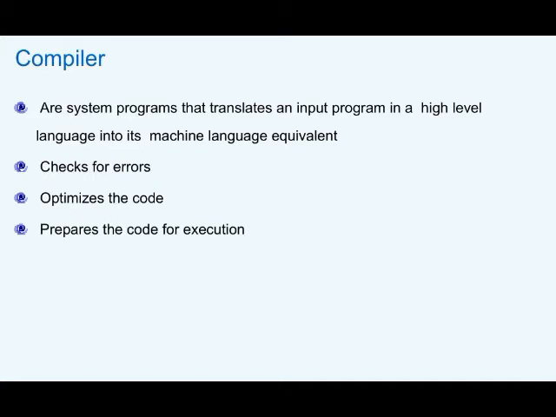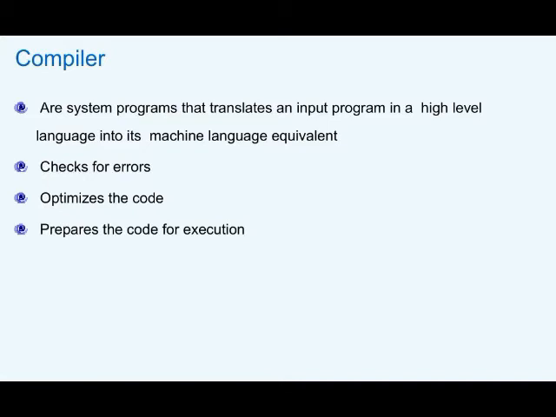So object code comes into the picture when there is a huge application software that needs to be written by many programmers. Each programmer writes a small module, and these modules need to be clubbed together at the end to make a single application program. For that they compile their programs into object code, and once all the object codes are ready, they are linked together to make the executable code. But sometimes, if you are writing a very small program, you will directly make it into the executable code.